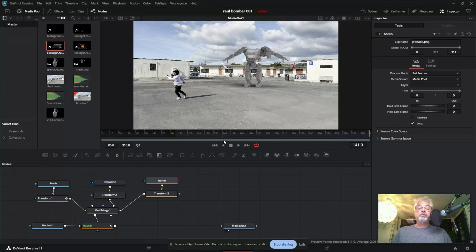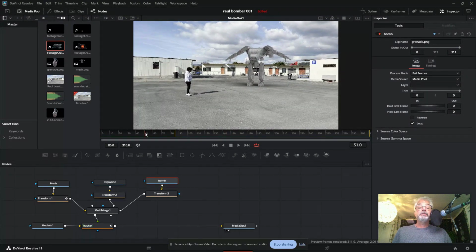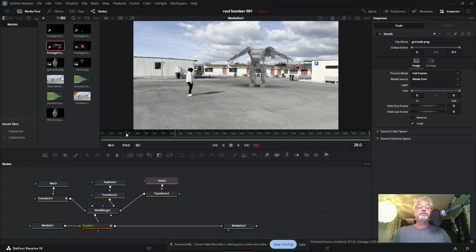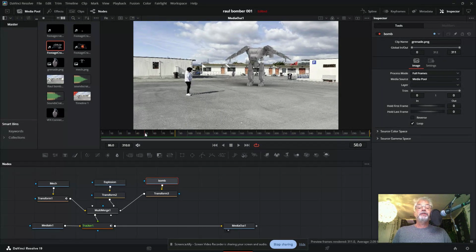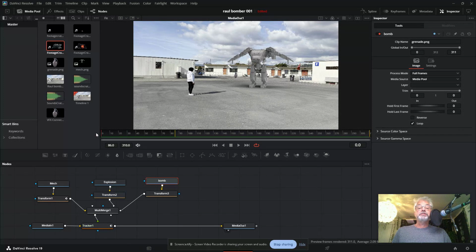where does my bomb start off? So right here, he's looking at it. Right here, it's probably in his hand or in his pocket, I guess. I'm not sure how this is going to work, but we're just going to put the bomb right here in his hand, at the beginning of the shot. Let's just go to the beginning of the shot. Let's put the bomb